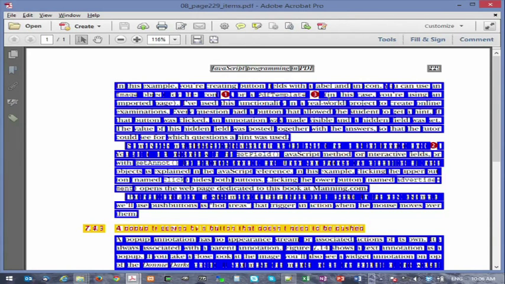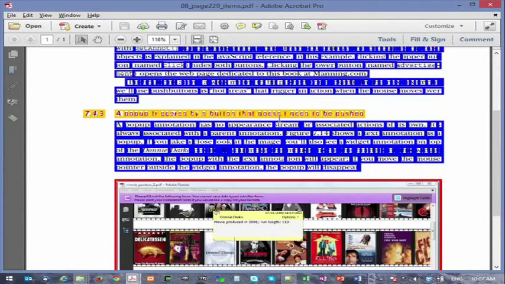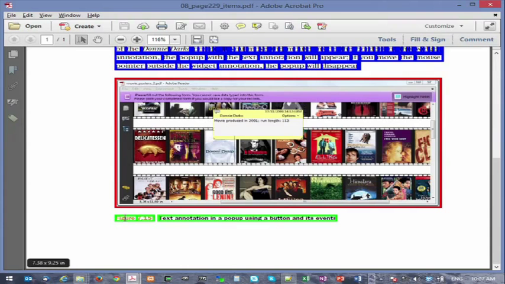Paragraphs are basically still the same, marked in blue. You can see that a section header is now in orange or some kind of yellow, and the figure caption is now marked in green. So we've already been able to make the distinction between the different types of content on this page.